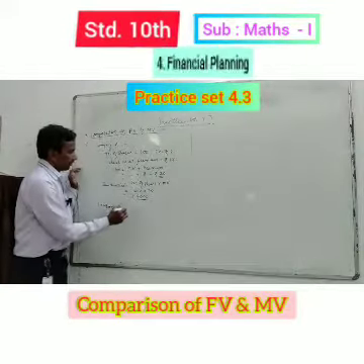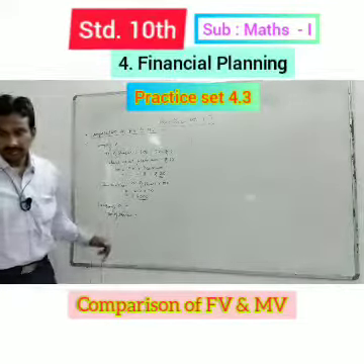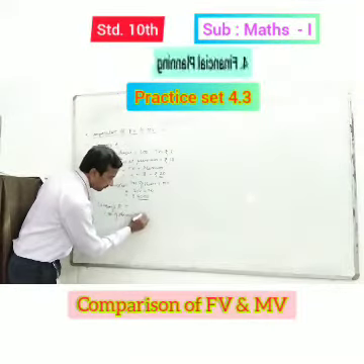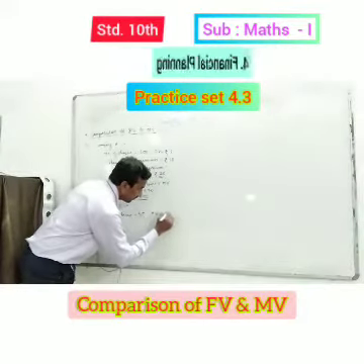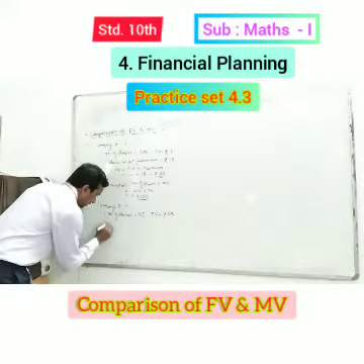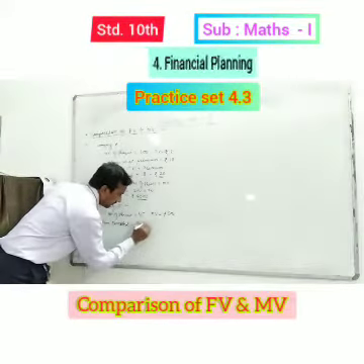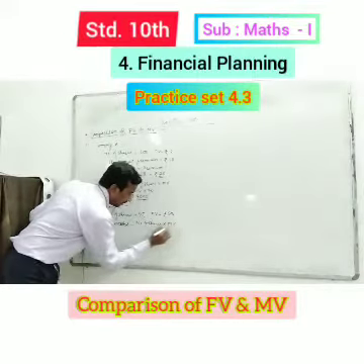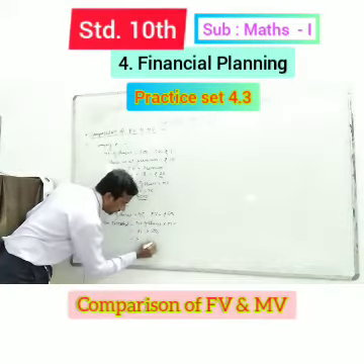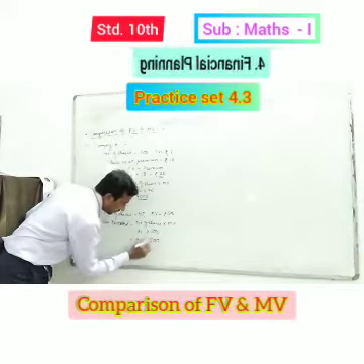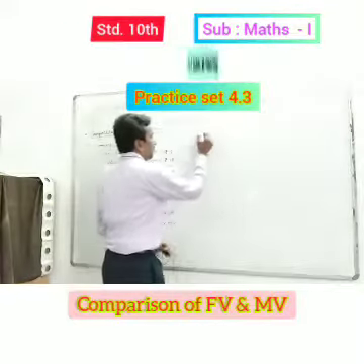For company B, number of shares is 45, market value is 500, means sum investment in company B is number of shares into MV, market value. 45 into 500 means total amount becomes 22,500.